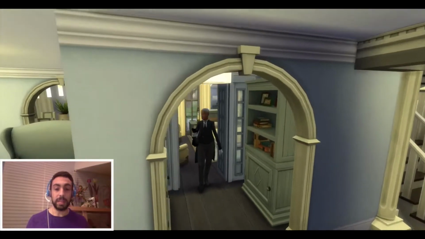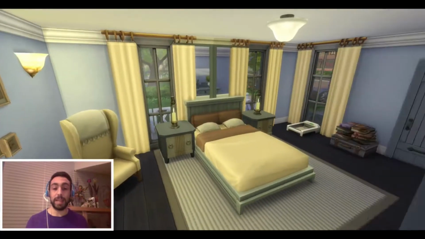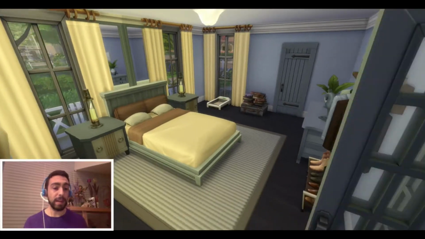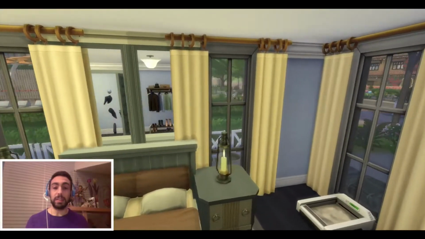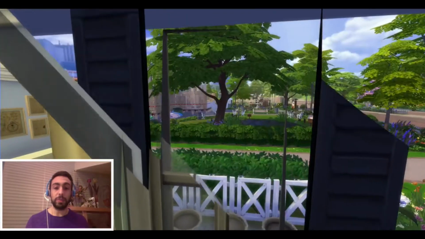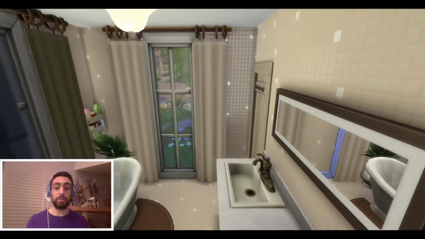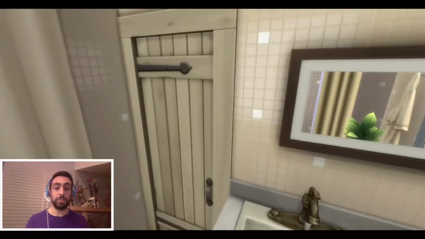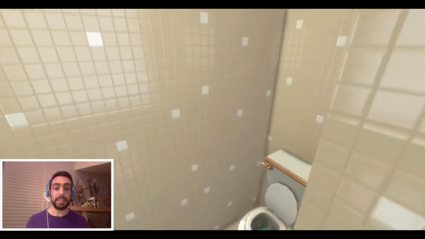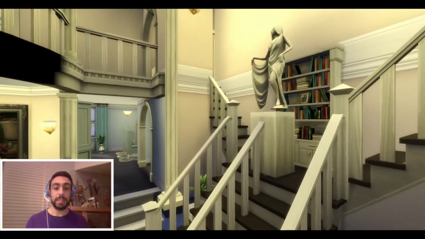Oh, here's our butler. So if we go through this door, I have this room as a guest room, but it could be a grandparent's room. It's very simple. I really like the view. We have the view to the park and to the community space. If we go through this door, we have a bathroom. And to take a little bit of space, we have the toilet here. So if we go up the stairs,